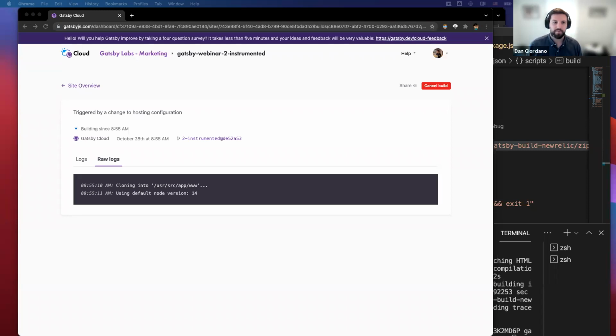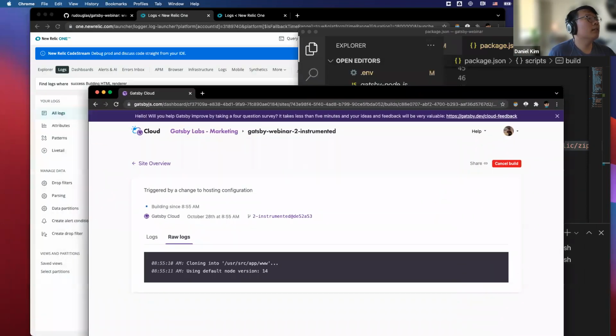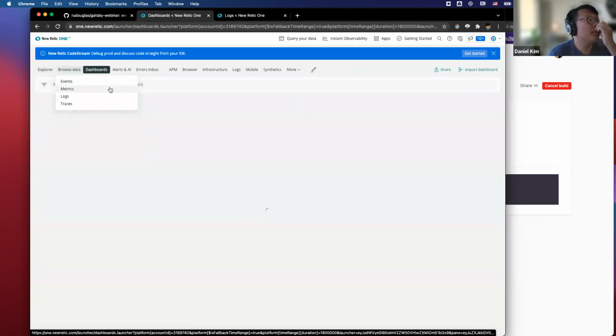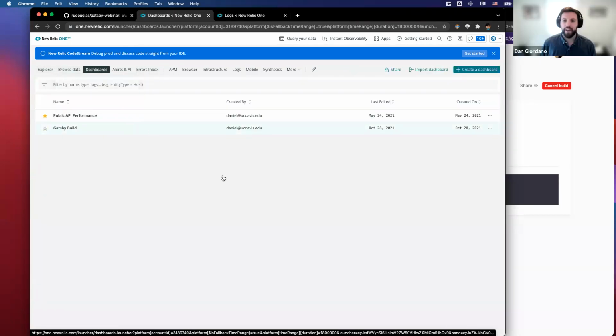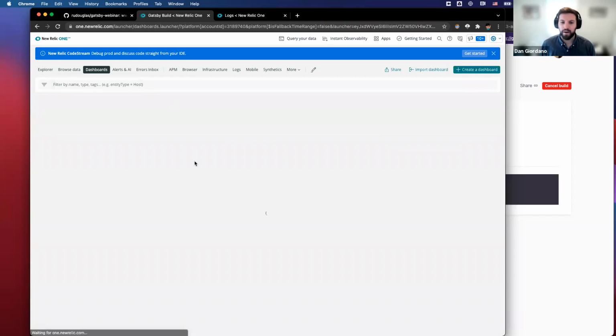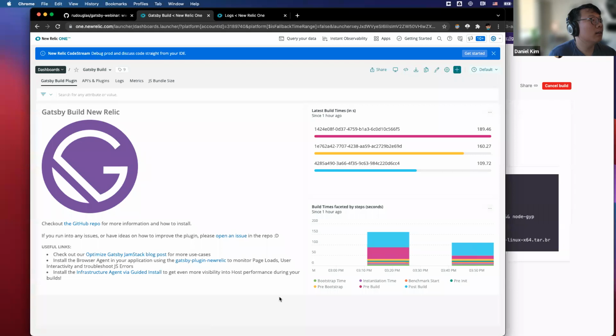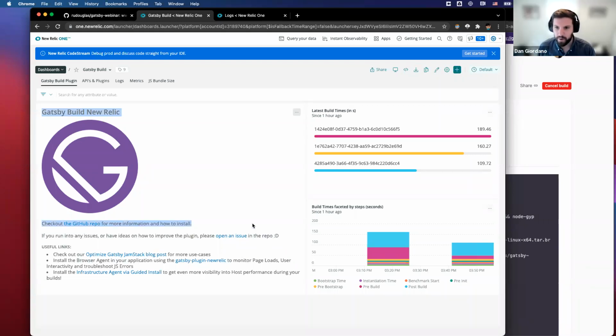Do you have a dashboard quick of what this looks like in the actual One app for New Relic? Because I know that looked a little bit different, and it might be a little more familiar to anyone that's used New Relic in the past. Sorry, could you repeat the question? Yeah, like in the actual dashboard here. I think it's in a different dashboard, but maybe.